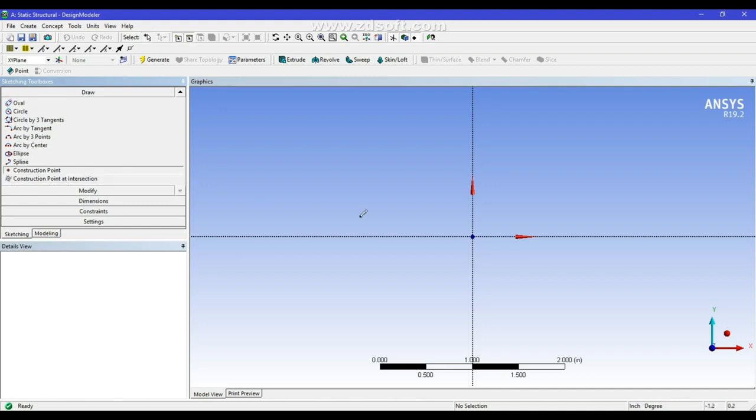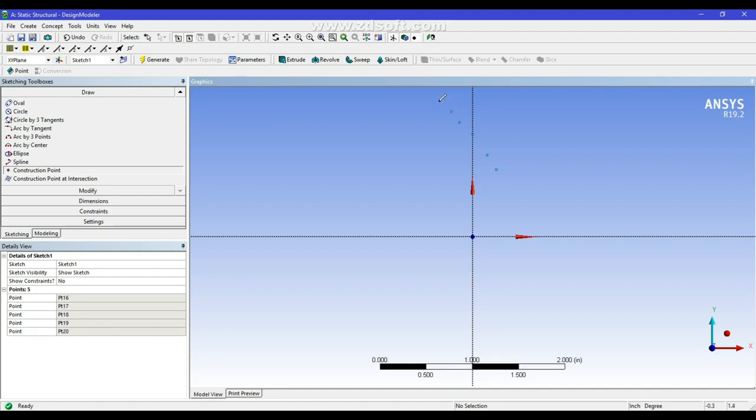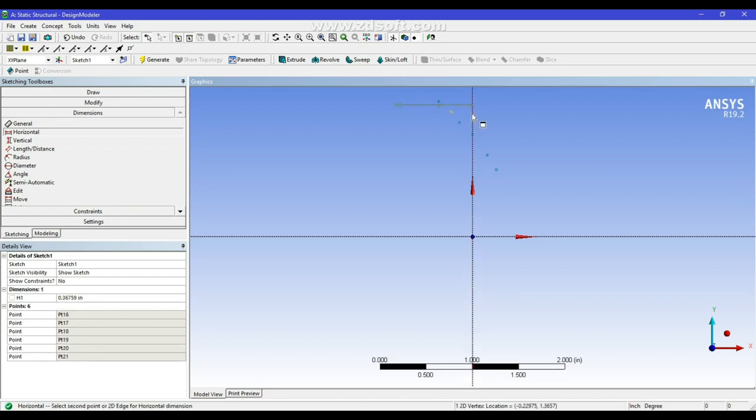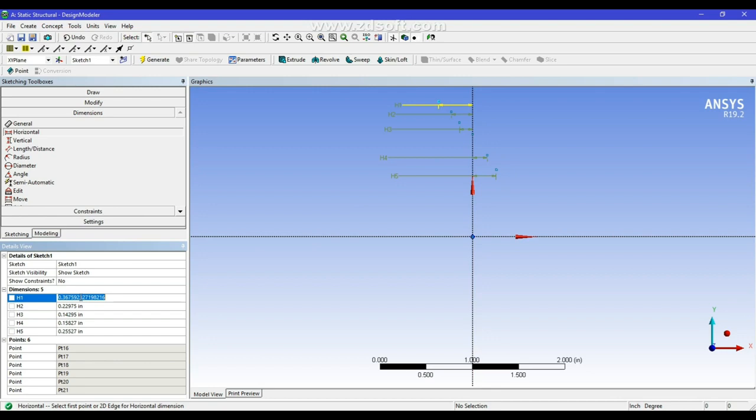Let us select a construction point and put different construction lines at different places, and then let us dimension it. And the dimensions are